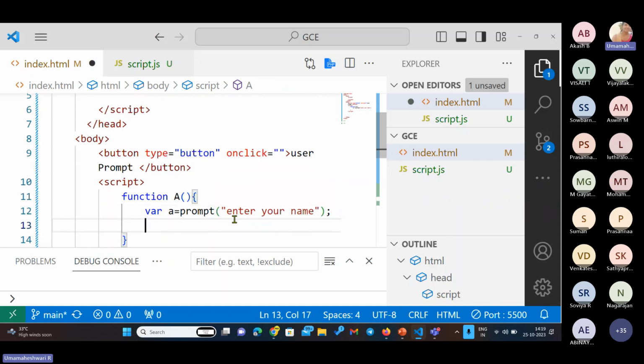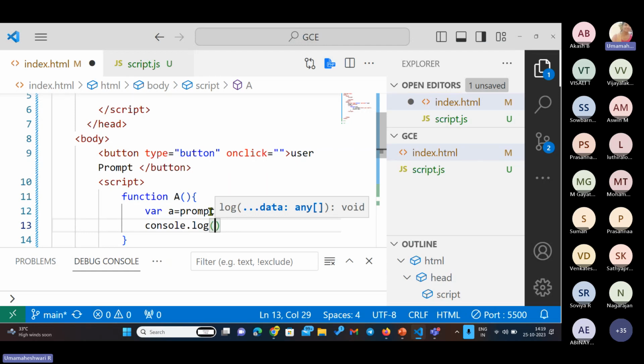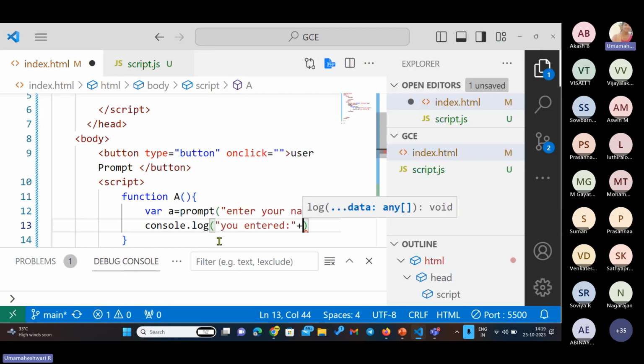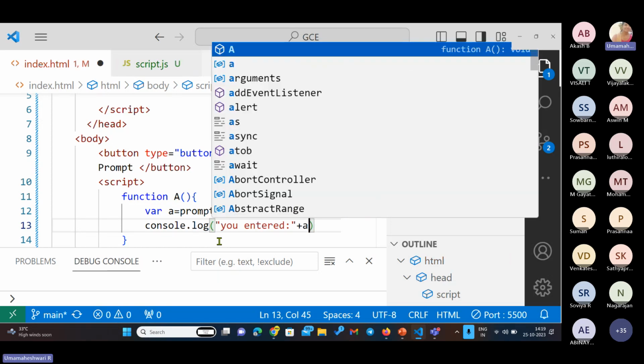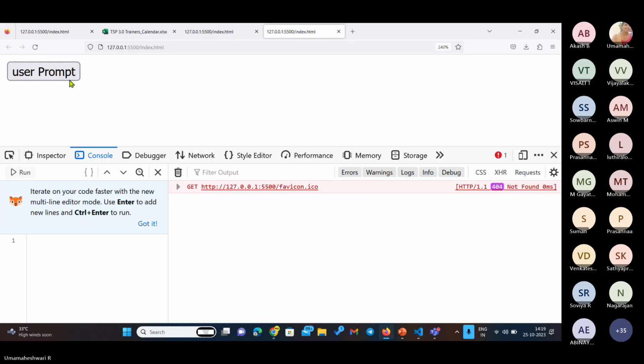Along with the assigned variable a and console.log, once I click on the prompt button, it will ask for the username. When I enter it, it will show the output in the console: you entered, and the variable name a. The user prompt, if I click on that,